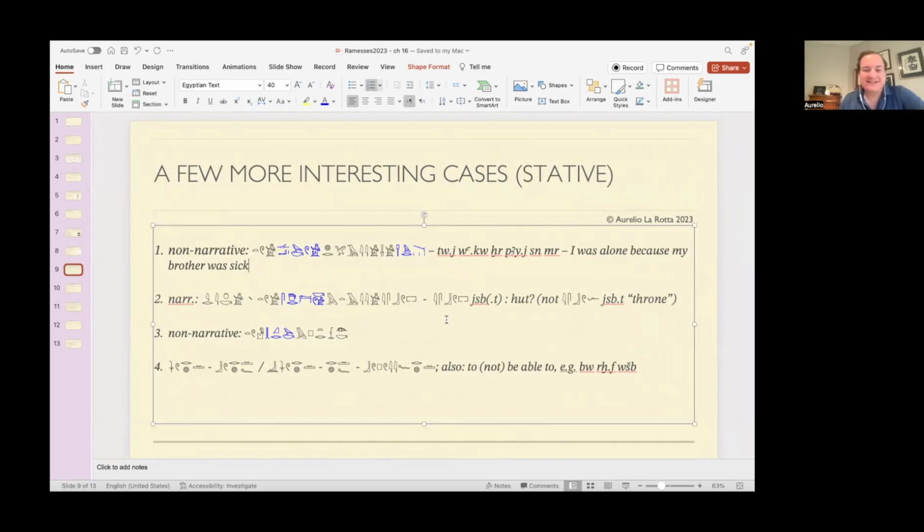Okay, no, that's cool. So yeah, you can see what's happening here. These are both statives, murd and waku. One has an ending, waku, because it's the first person. Murd doesn't because it refers to the brother. If it was "I wasn't there because I was ill," it would be, let's see,